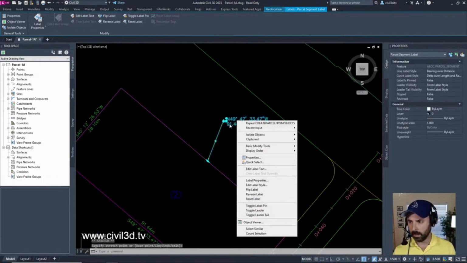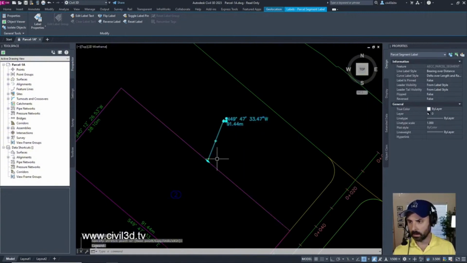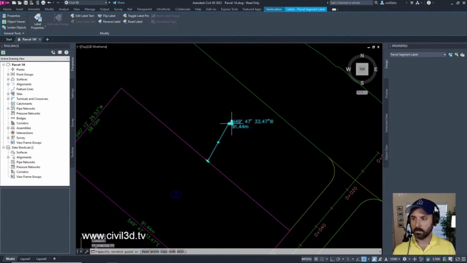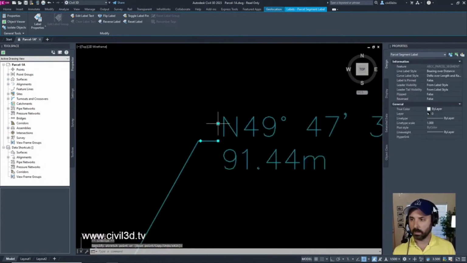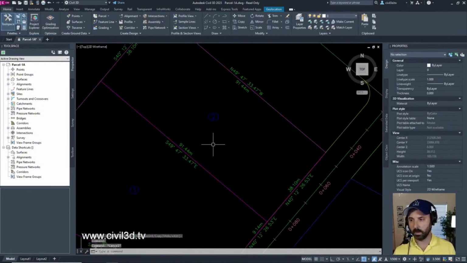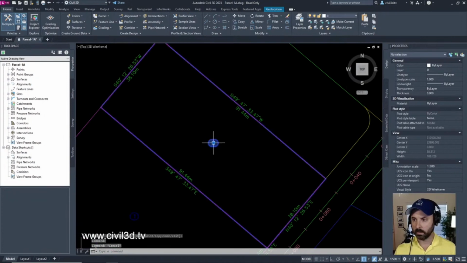If I don't like that, I'm going to click this to reset. See what I did there? Click on this, we have this little circle icon. When I hover over that, it says click to reset the label location. I'll click that and that brings it right back to where it was originally.